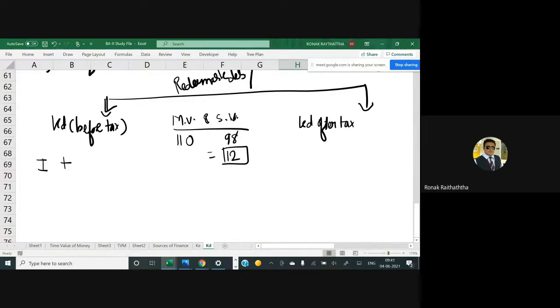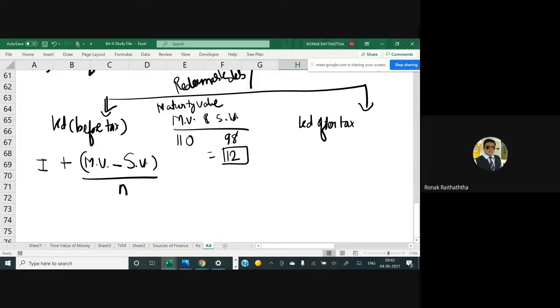So we'll be converting that 12 rupees on a per annum basis, because when it comes to the cost, our calculations are always on a per annum basis. So we'll be dividing this 12 rupees by the number of years of maturity. So the formula can be like: maturity value minus, now M stands for the maturity in this case. Do not get confused, some people will take the market value. I'm using the word maturity value, minus sell value, divided by N.